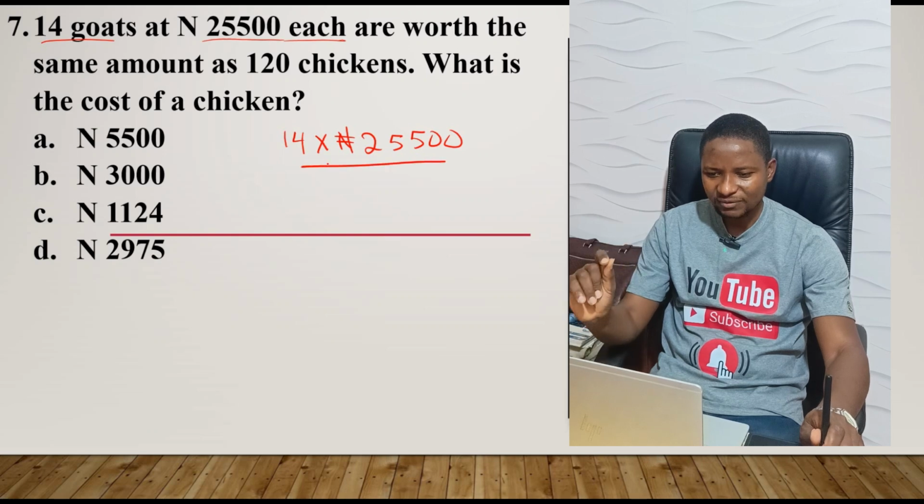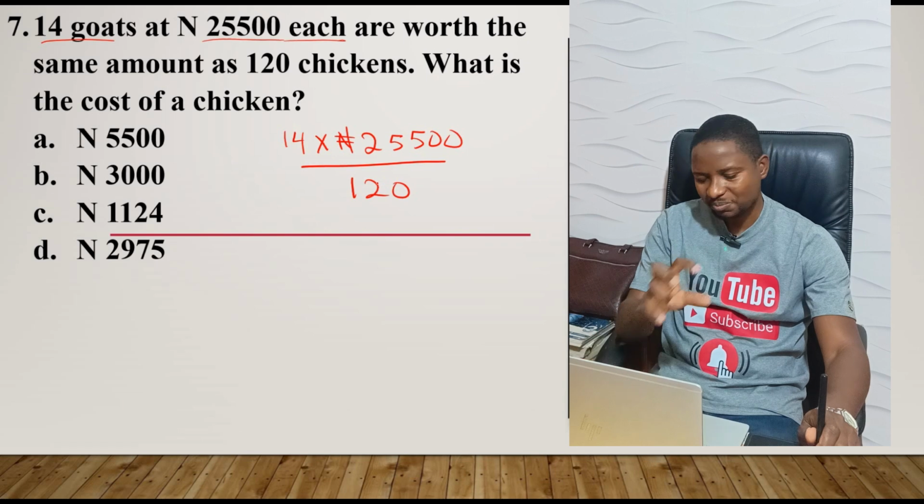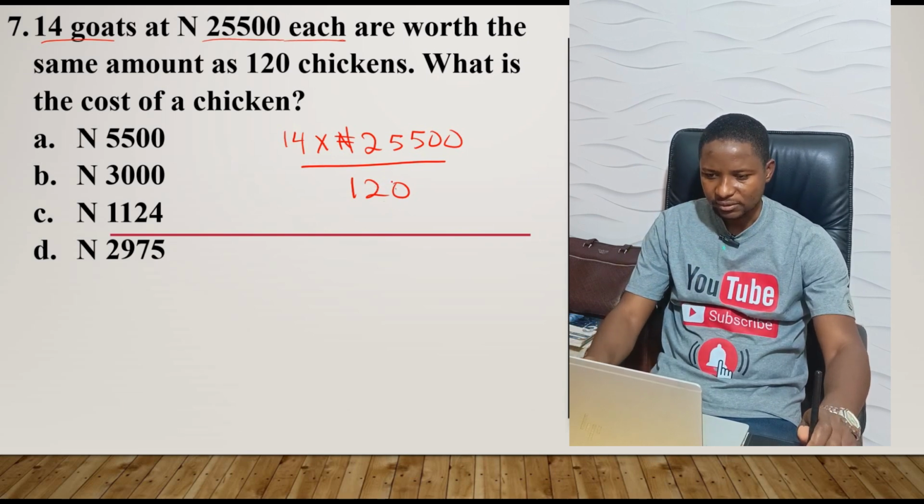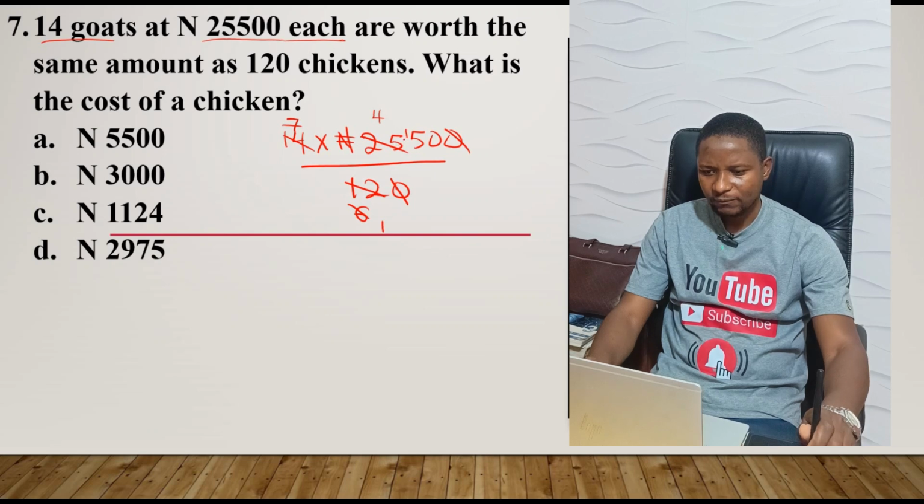Then to find the cost of a chicken, divide by the number of chickens, which is 120, because you're spending the same amount for 120 chickens. Now let's reduce. 0 cancels 0. I can see 2 can go here. 6, 2 here, you have 7. Now let's use 6. 6 here, 1. 6 in 25, that is 4, remainder 1. 6 in 15, that is 2, right? Remainder 3. And 6 in 30, that is 5. So we're left with 7 times